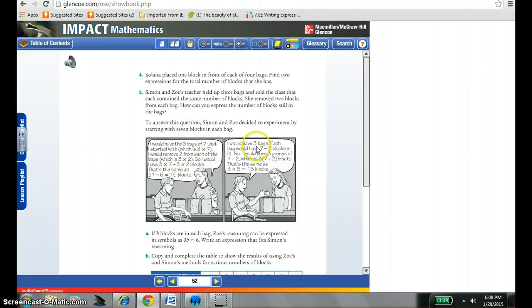And then here are the different ways that they, of course, are arguing, because everybody does that, about how to figure out how many blocks there are. So Zoe says if there are 7 blocks, she'd have the 3 bags of 7. And then she'd take 2 from each, which is 6. So first she'd figure out how many total she has, then she'd figure out how many total that she's removing, and then she'd subtract the 2, 15 blocks. Simon says something different. He says he's going to have 3 bags, but instead of figuring out the whole total, he's going to have his 7 blocks. He's going to take out the